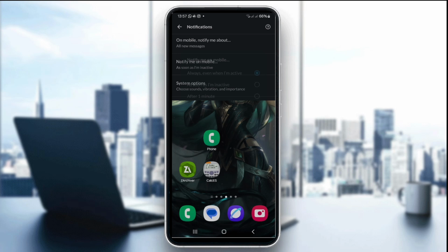Now you can customize more settings, like tapping on sounds to choose a notification tone, or you can use notification schedule to set quiet hours. Now on desktop, on the other hand, you're going to click on your profile picture, which is on the top right,